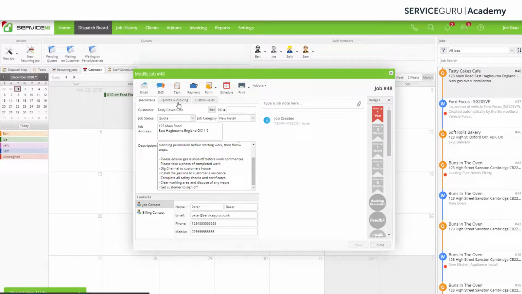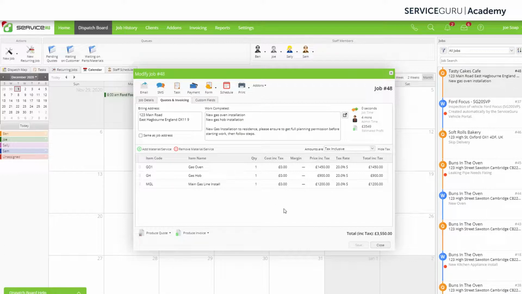From here, we can move into quotes and invoicing. And as you can see, the line items from each of these templates has also been added. So from the new appliance install, we have the gas oven as well as the gas hob. And from the new gas line template, we have the main gas line install line item. If we look up, we'll also be able to see the information for the works completed, which we also filled